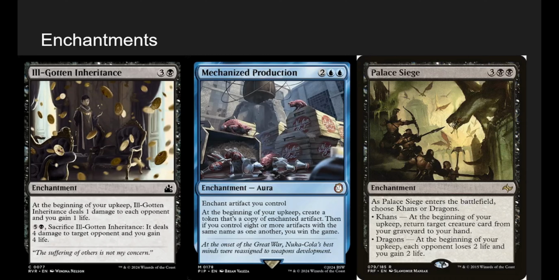Then, if you control 8 or more artifacts with the same name, you win the game. Very cool, right? I also do want to say, the Enchanted Permanent doesn't have to be the same name, and tokens count too. So let's just say we have Mechanized Production and we enchant Soul Ring. We don't need 8 Soul Rings. If we have 8 treasure tokens, we have 8 tokens named Treasure, and then we'll win the game on the